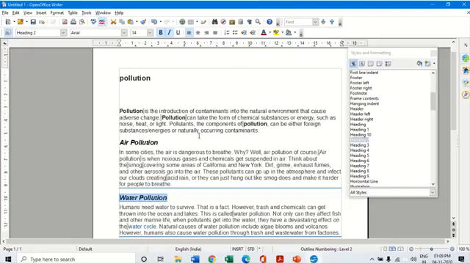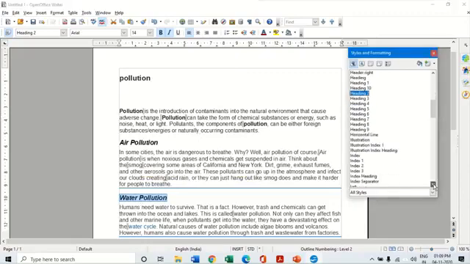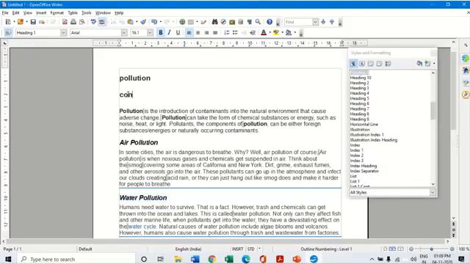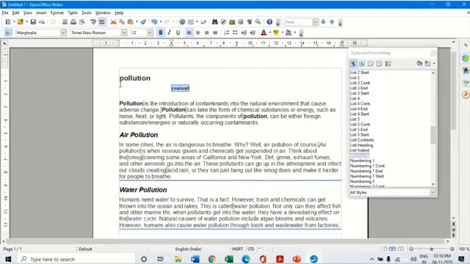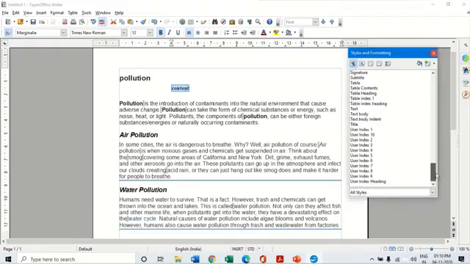Now there are multiple different choices, you can select from this list. Many different styles are there. Suppose I take this here and I want to apply one more, suppose I'm giving content, and over here I want to give a different style. I will just click on that particular style that I want and simply double click on it. See, I double click on it and it becomes this style. So this way I can apply any type of style to my paragraph. The predefined styles are already over here. You can use any of the predefined styles.